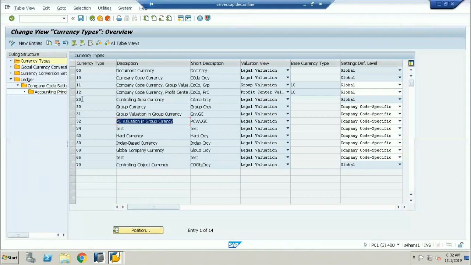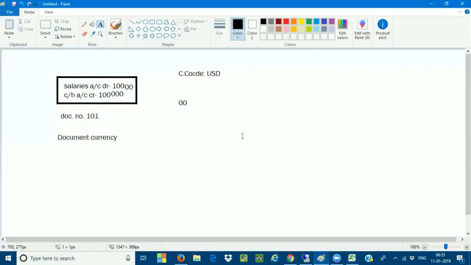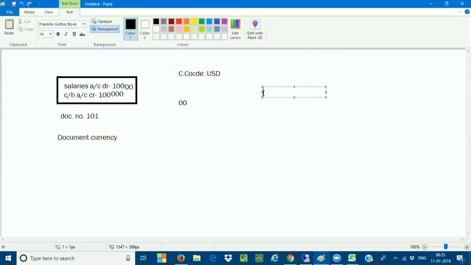Earlier, we had the currency type, which is called the controlling area currency. This is very, very important. Now, yesterday we discussed one point related to this. We have 3 company codes: US10, you have the GB10 and you have the IN10.